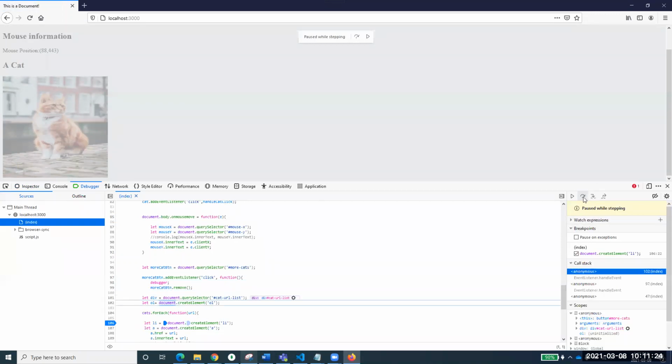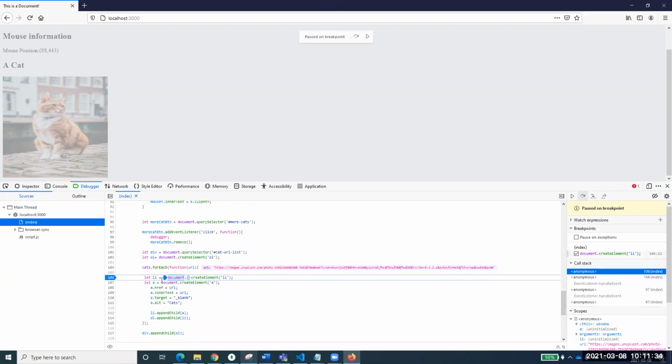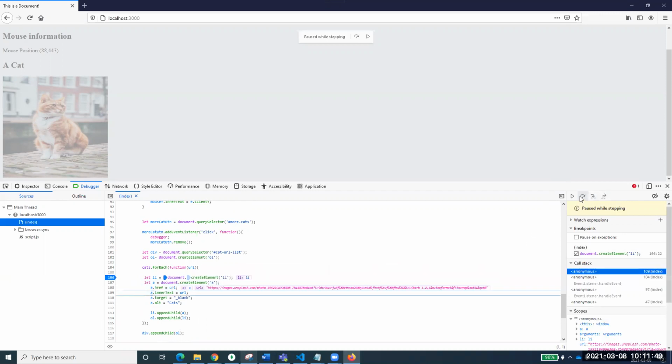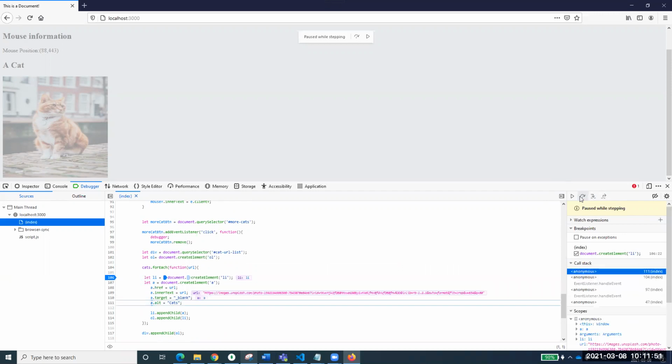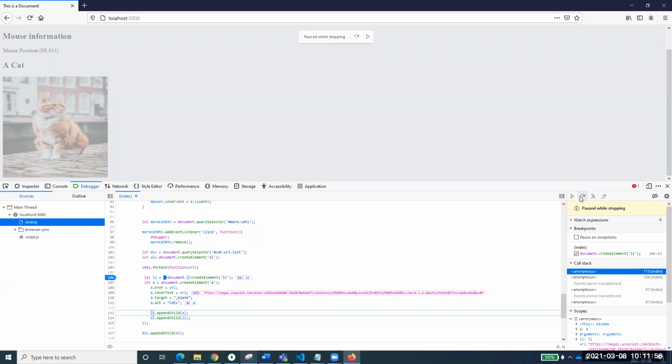And then if you just click on that, div created, div not created, div accessed. OL created. Now it has reached the cat for each, and now it will reach the li point, right? Now it is creating this li over here. document.createElement li. Okay, step over. Li created, and li has been created as this li, and now you see a is created, and a will be assigned an href, inner text, target blank, and alt cats, and li.appendChild. We are appending the child a to li, right?